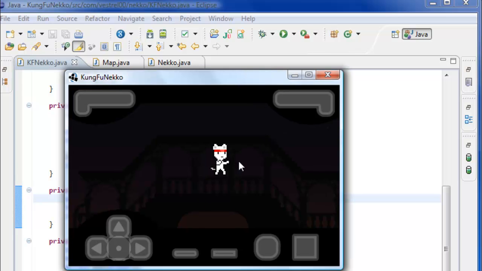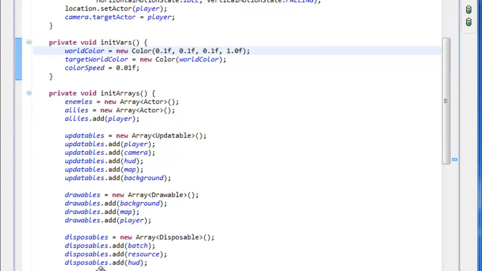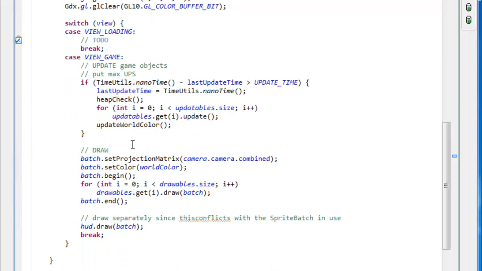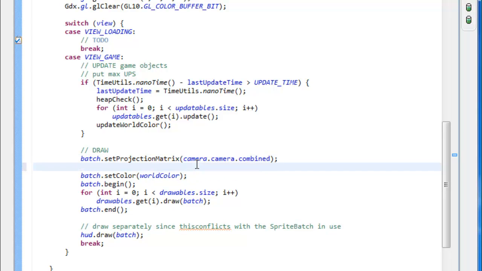I was thinking more along the lines that the background is more lit than the foreground. Let's just take a look at what. So I guess what we can do is remove the background from the drawables, and don't do what I'm about to do right now because we're gonna reset it. And before we set the color to world color, we're gonna set